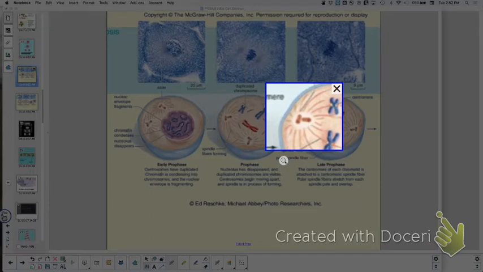Don't know. Plants don't have centrioles. Okay? All right. Now,